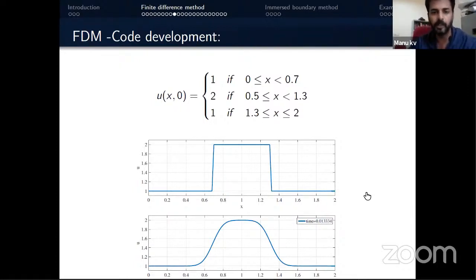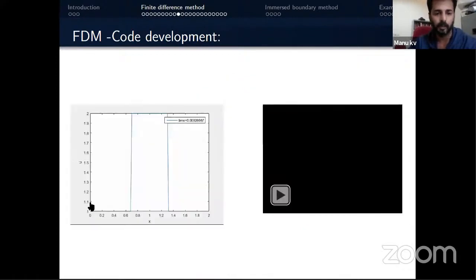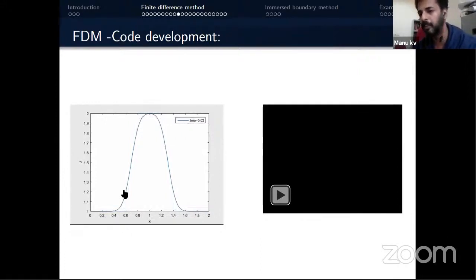Okay, let's look at the solution. This is the initial condition. Unlike the convection problem, where the convective or advective part is moving, this is the diffusive nature. You can see how the diffusive nature is present in the solution. It's diffused in both directions. For example, if you look at the heat diffusion equation or a momentum diffusion equation, heat will diffuse to the neighboring points depending upon its kinematic viscosity or its thermal diffusivity.